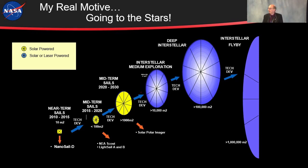So here is a variation of a roadmap that will look familiar to several people here. You know, I work for the government, so when people are disgusted with their government, they say those darn bureaucrats. Well, those darn bureaucrats build roadmaps. And similar to the roadmap that we're going to be building later this week for laser beamed energy propulsion and high energy density propulsion. This roadmap was put together about 20 years ago of how we go from a